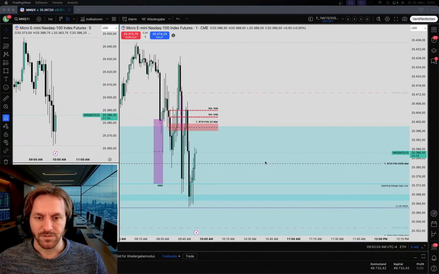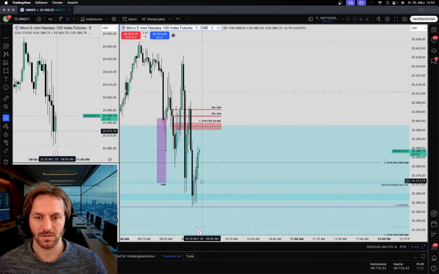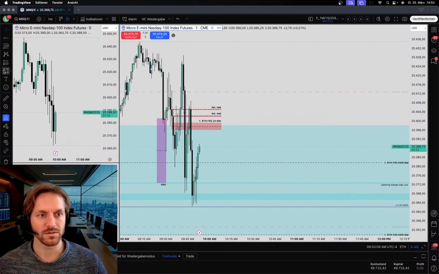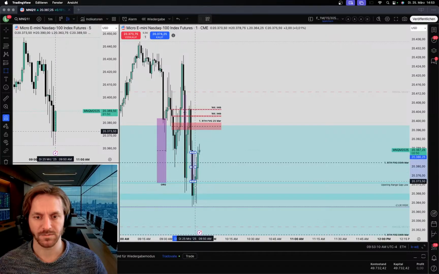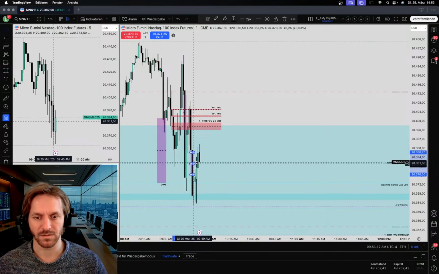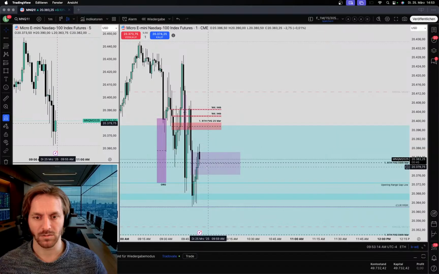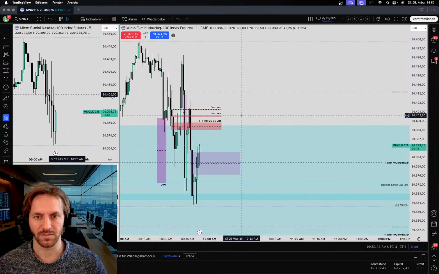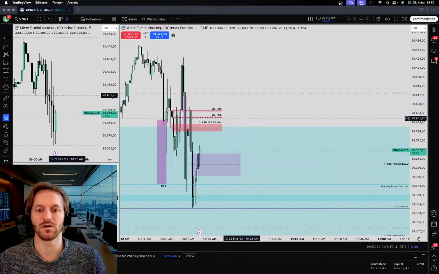It's a pretty nice move here. So this is the inversion here. I want to see a retest and the reaction of it. As soon as we leave it and re-enter it, I would like to see some reaction. And as soon as we are above the real-time ultra value gap, I would take a long.